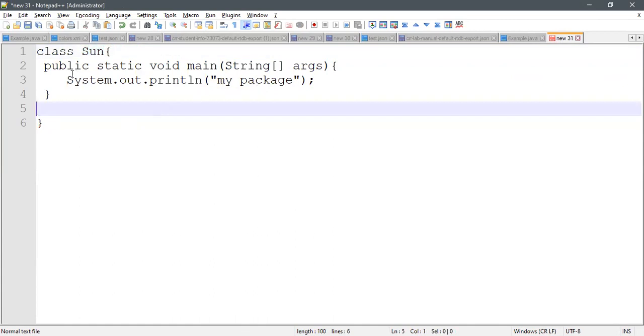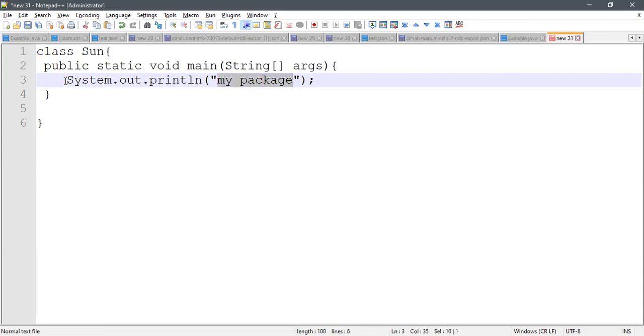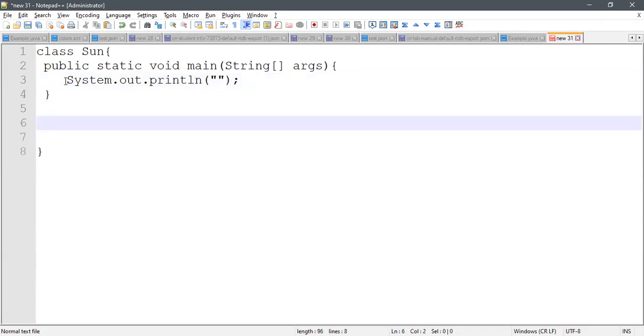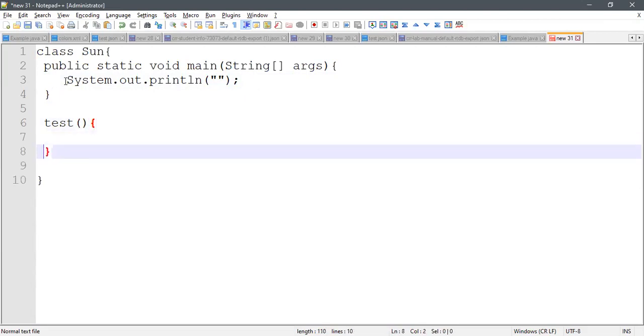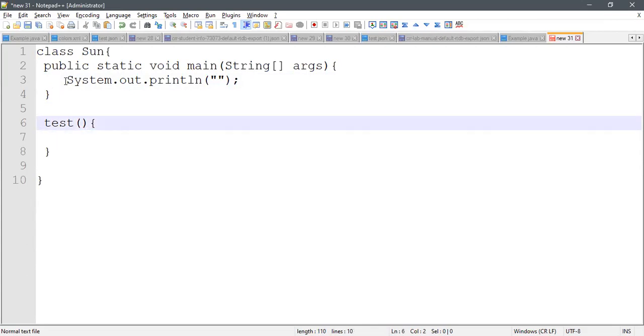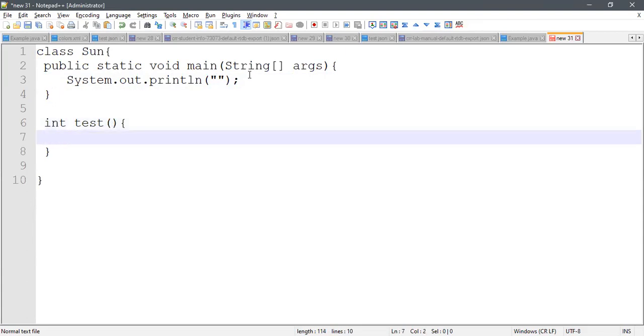Okay, this is not a package. Okay, I'm going to create a test method over here, and inside the test method there should be a return type. Okay, inside this, I'm having this one.